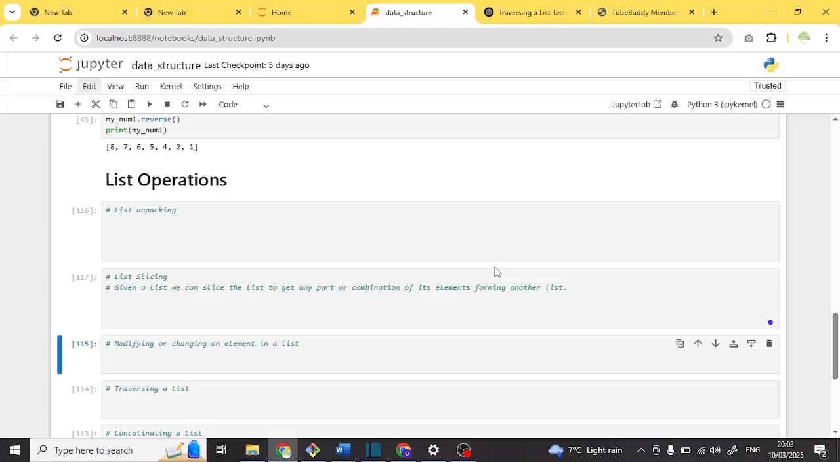Welcome to this tutorial, which is the second tutorial in our data structure series. In the first tutorial, we already talked about lists, how to create a list, access elements in the list via its index, and various list methods. In this tutorial, we're going to be talking about list operations